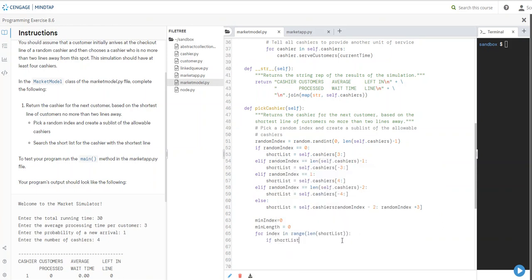If short list index dot get line length less than or equal to midline length,